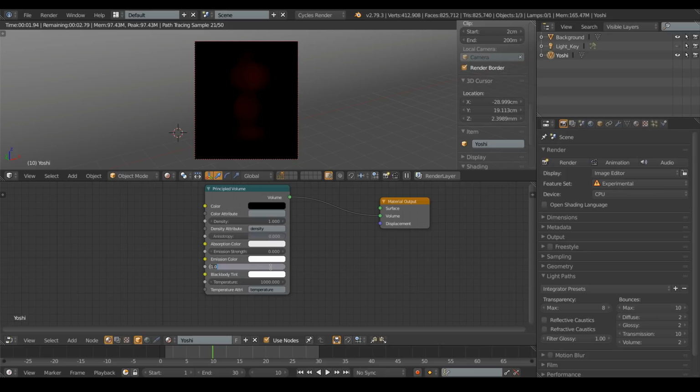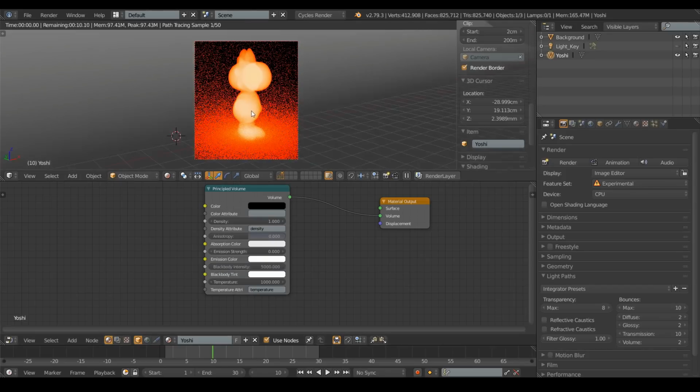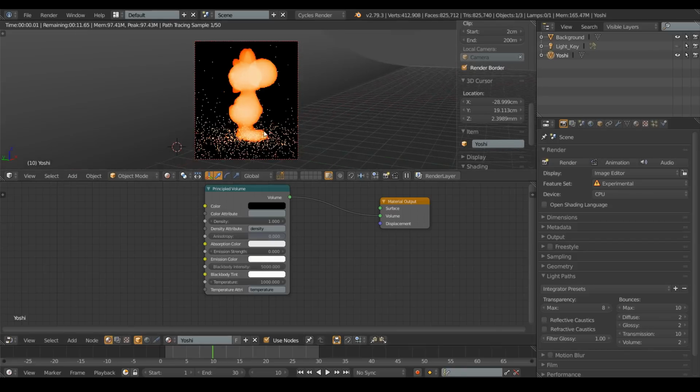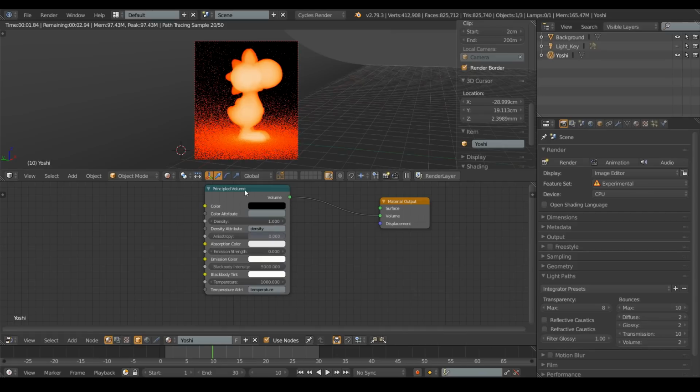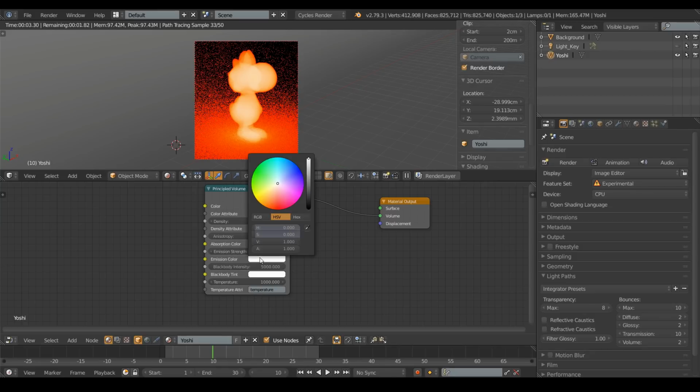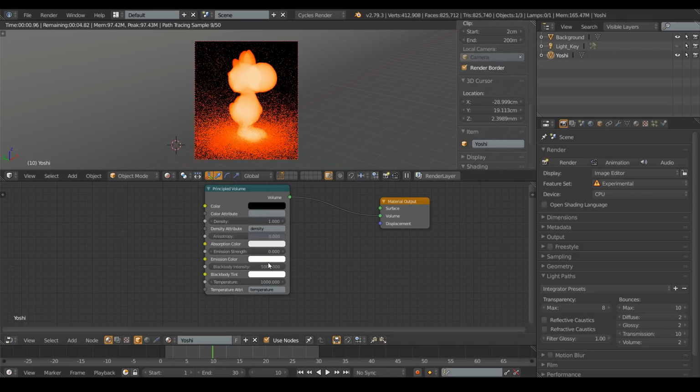Let's crank it up. The black body is another way of creating emissive material, but in this case we are not directly using an RGB color, but instead we are using a temperature in Kelvin